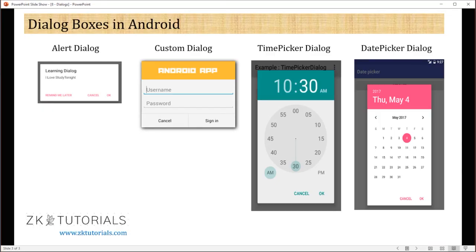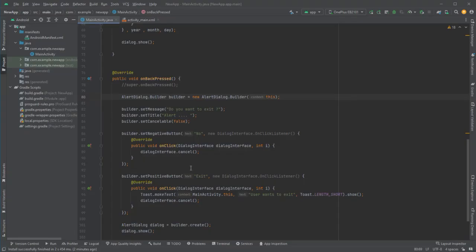So friends, we have seen date picker dialog. Now in this session we will see how time picker and custom dialog works. So let's go to the Android Studio